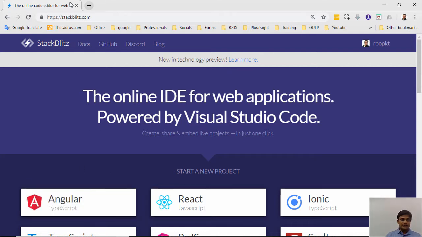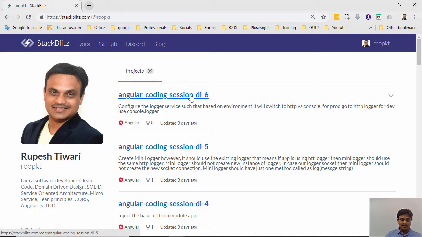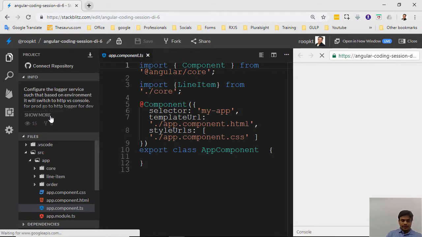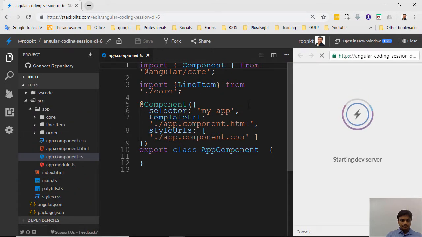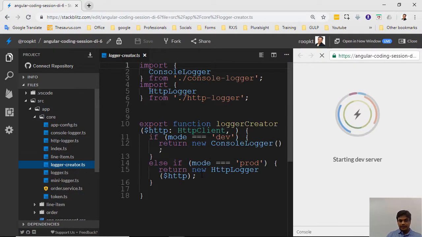So I'm in the stack bliss again, and I'll go to my own repositories, and we were in the 6 number session. I'll click that, and there was some error going on. We were continuing in this. So far what we did is, let's go to our core, and we created logger creator, I guess. Yeah. So in logger creator,